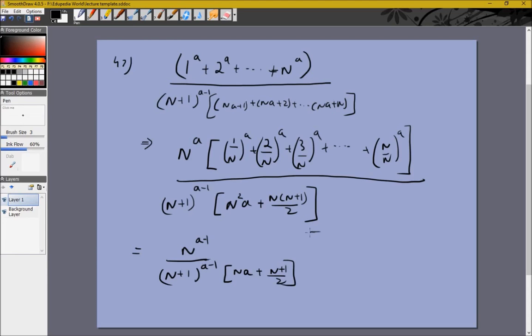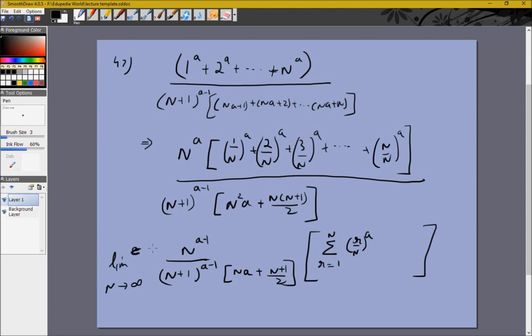This multiplied by something else, this is just this term multiplied by this, which is sum of r is equal to 1 to n, 1 by n, r by n whole to the power a, right, and the limit is n goes to infinity,